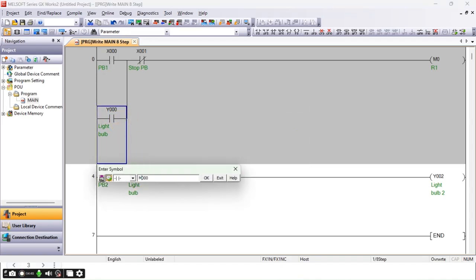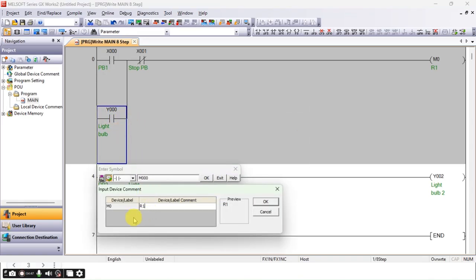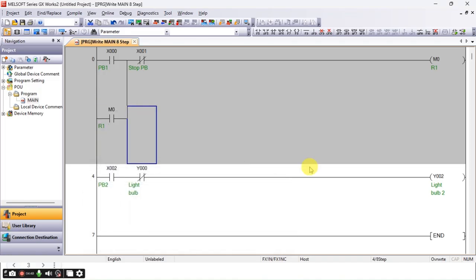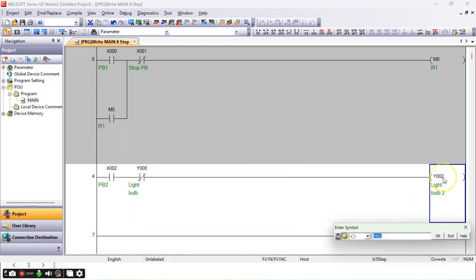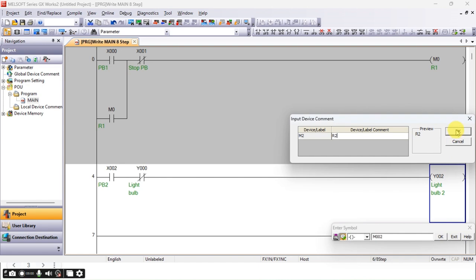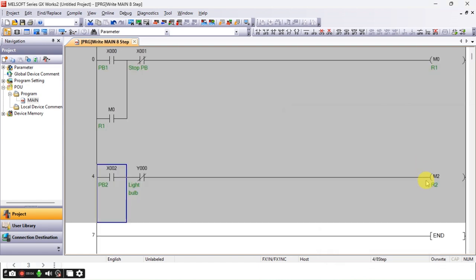For this one, I'm going to use M also, so it's automatically labeled as R1. And for this one, I'm going to use M2, and now it's labeled as R2.